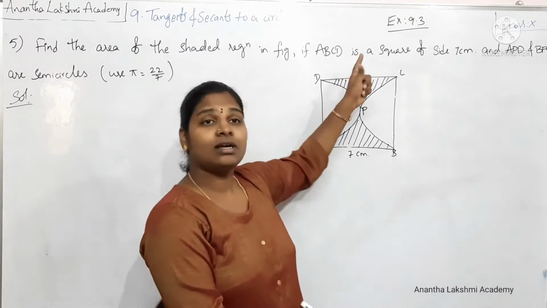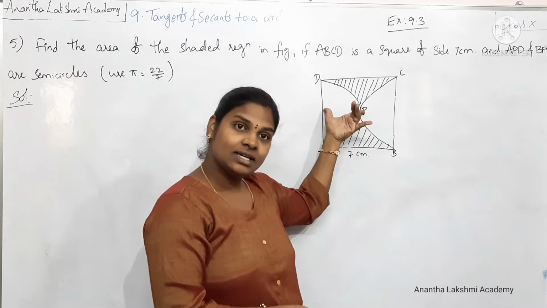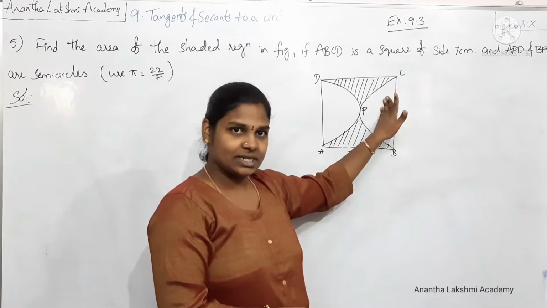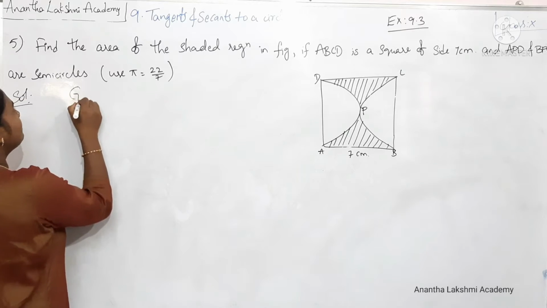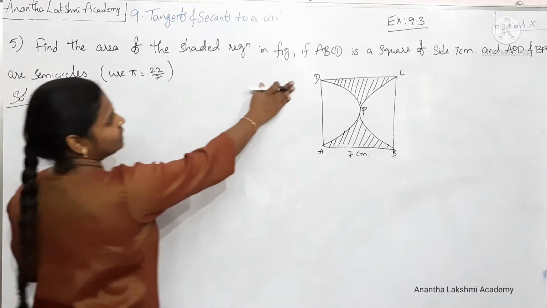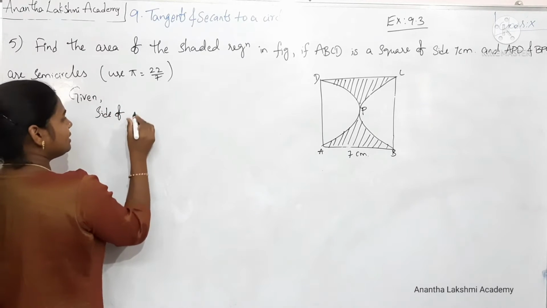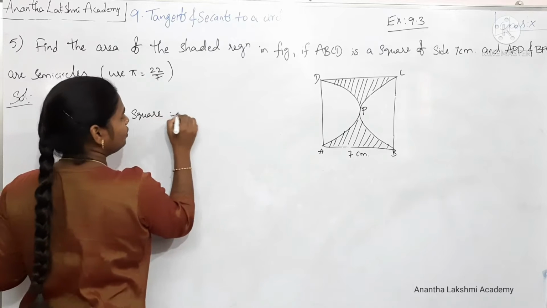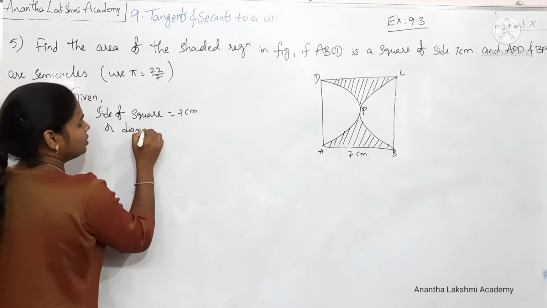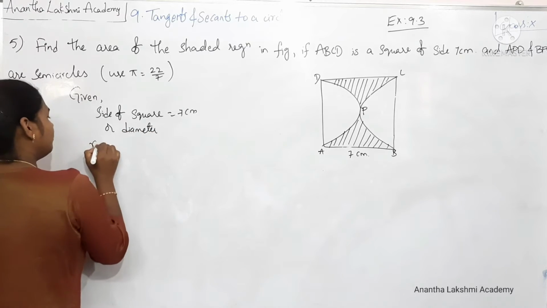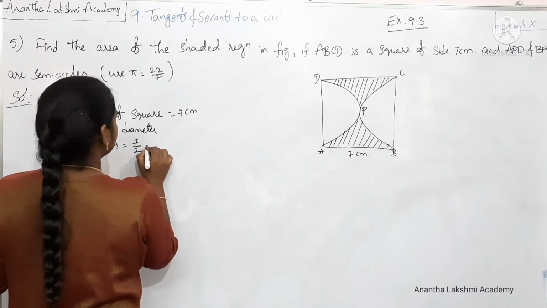So in order to attain the shaded region area, how do we do it generally? Area of the square minus 2 times the area of semicircles, since we have 2 semicircles. Let us do the same. What is given for us? The side of a square is given. The side of a square is nothing but the diameter of the semicircle, isn't it? Side of a square is equal to 7 centimeters, or diameter of semicircle. Now, when the diameter is 7, what does the radius become? 7 by 2 centimeters, isn't it?